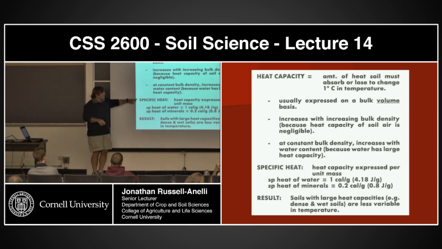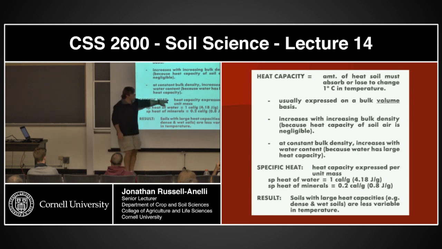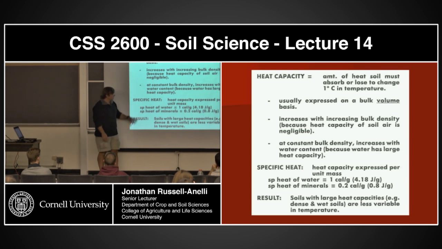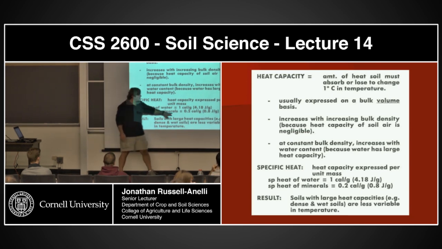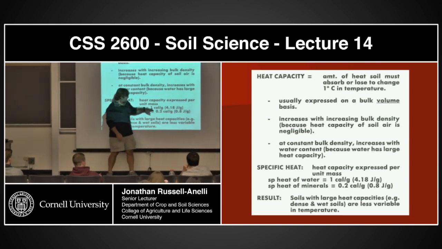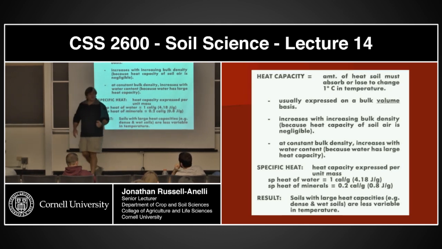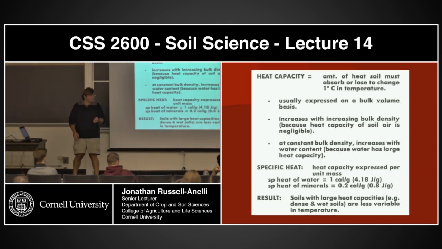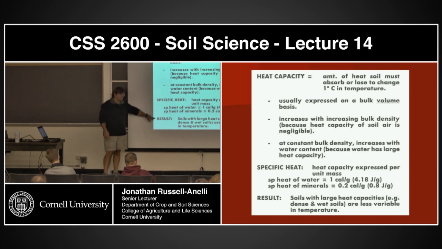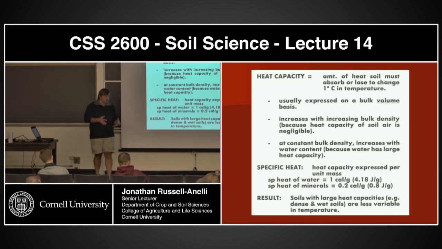Okay. The specific heat is the heat capacity expressed per unit mass, i.e. the calorie in water. Okay? The specific heat of minerals is about 0.2 versus 1 calorie for water to get it to move up 1 degree. Okay? The results of this are, if you think about a soil with a large heat capacity